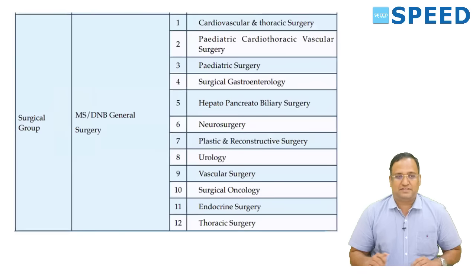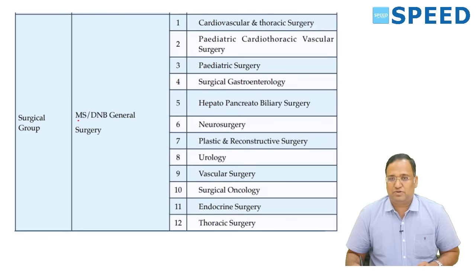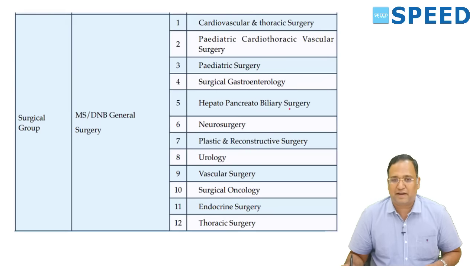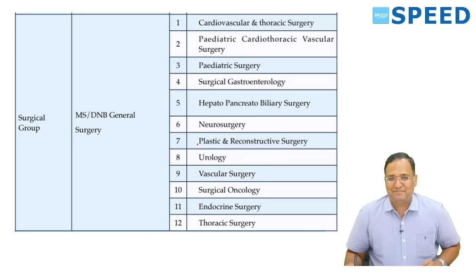Okay, next. Surgical group, those students who have completed MS or DNB general surgery and are aspiring for an MCH: cardiothoracic, cardiovascular and thoracic surgery, or pediatric cardiothoracic and vascular surgery, or pediatric surgery, or surgical gastroenterology, or hepatopancreatic biliary surgery, neurosurgery, or plastic reconstructive surgery, urology, vascular surgery, surgical oncology, endocrine surgery, and thoracic surgery. MCH of all these listed 1 to 12 specialties, aspiring candidates are eligible for MS